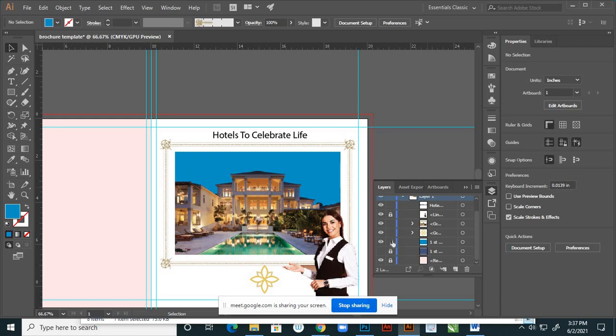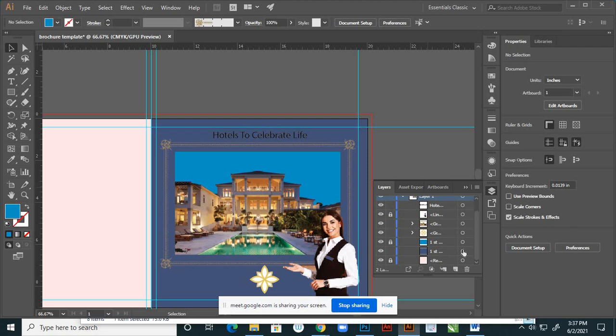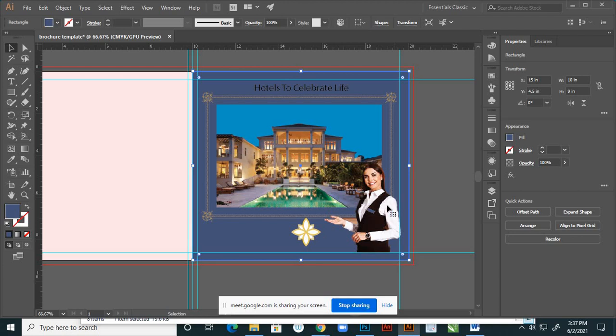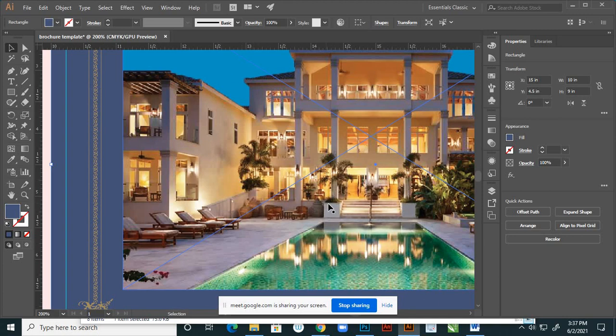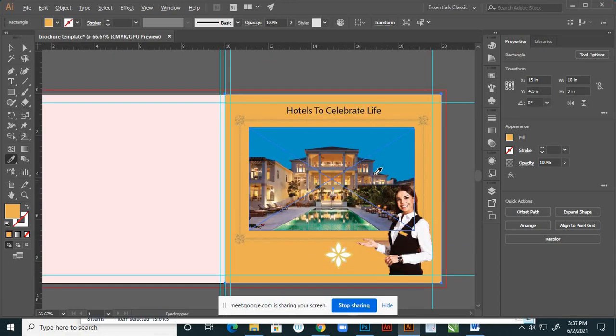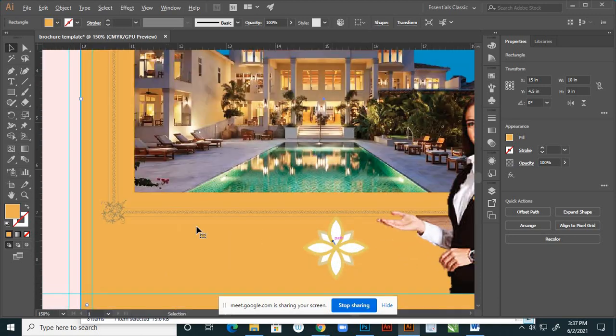Okay, so for timing, lock this and this color. Now this color I want to change, right? So here I'm using a different color, like this yellow, that golden yellow. I'm trying with the golden yellow, and the text here will be in a different color. On this logo also visibility is there.